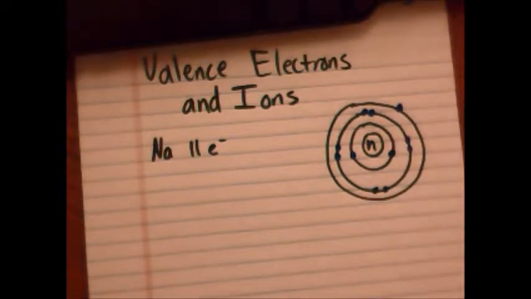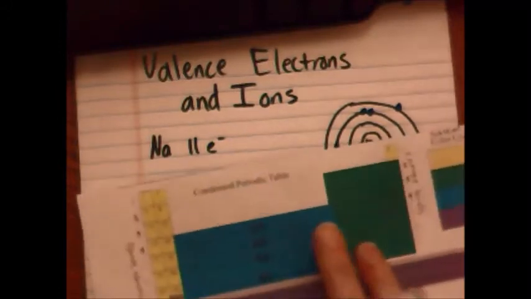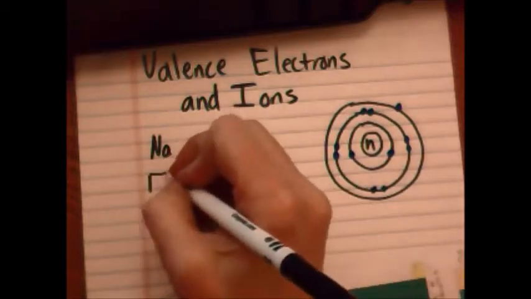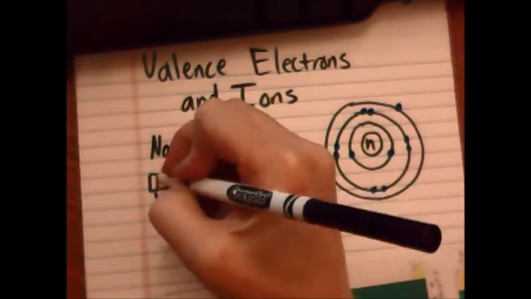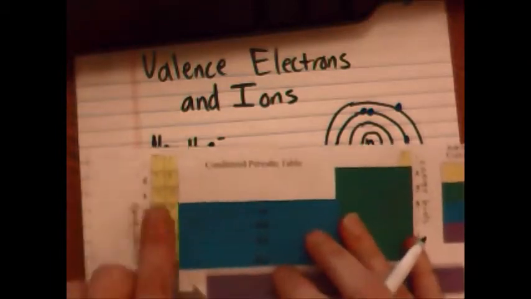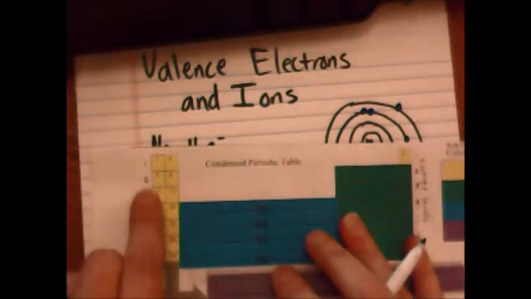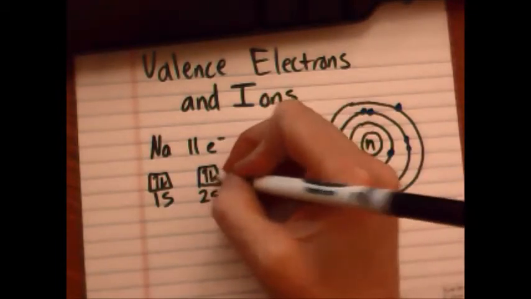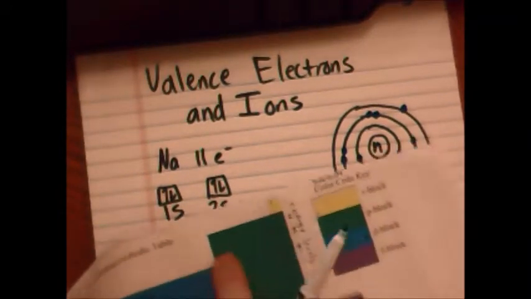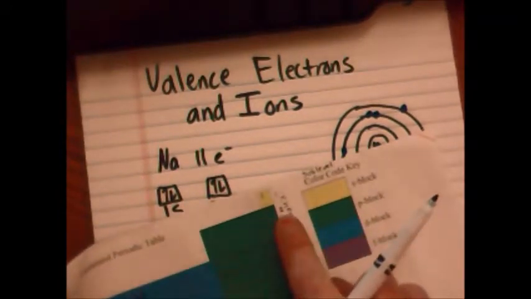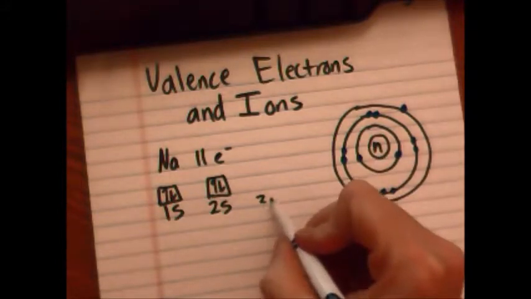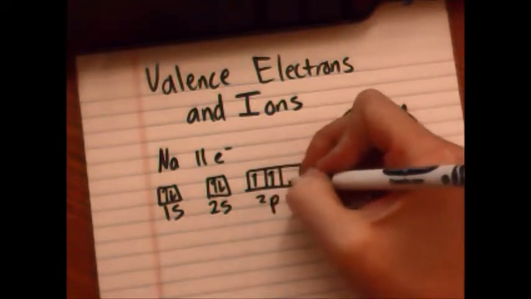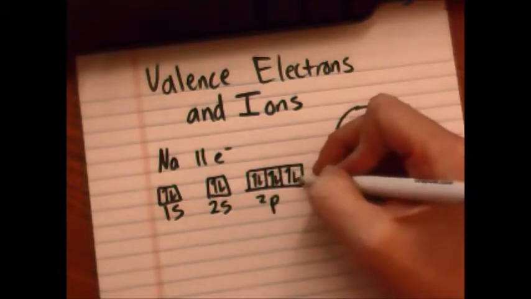But when we do orbital diagrams, you would use the SPDF periodic table. First 2 electrons are in 1s, so I would draw one orbital, call it 1s. There's electron 1 and electron 2. The third and fourth are on the second energy level in the s sublevel. So here's my one orbital for 2s, that's electron 3 and electron 4. Electrons 5 through 10 are out here on the second energy level, p block. So 2p, I draw the 3 orbitals, and here's electron 5, 6, 7, then back 8, 9, 10,